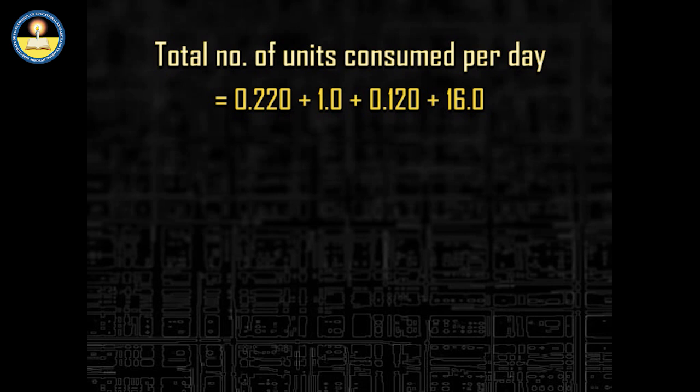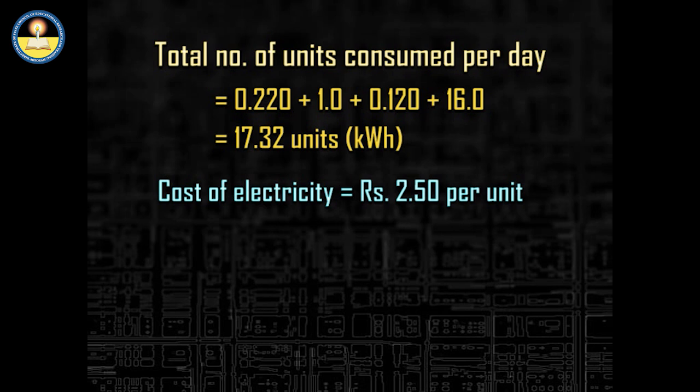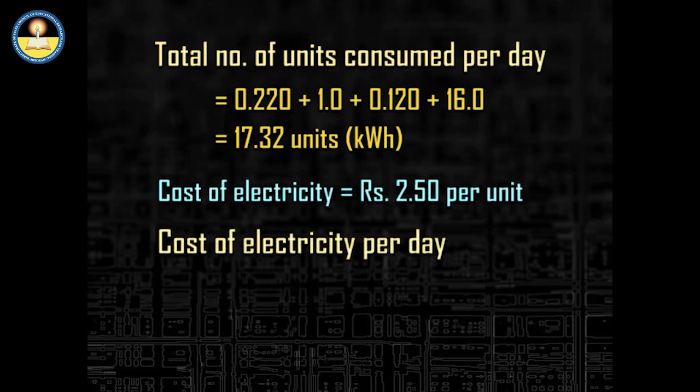Thus, the total units consumed per day are 17.32 kilowatt hours or 17.32 units. Now, if the cost of electrical unit is 2.5 rupees per unit, then the cost of electrical energy